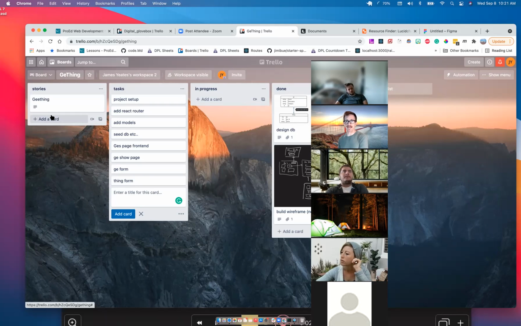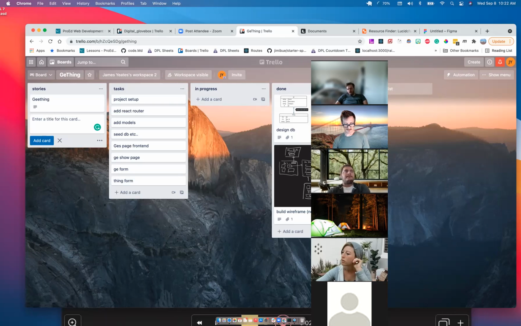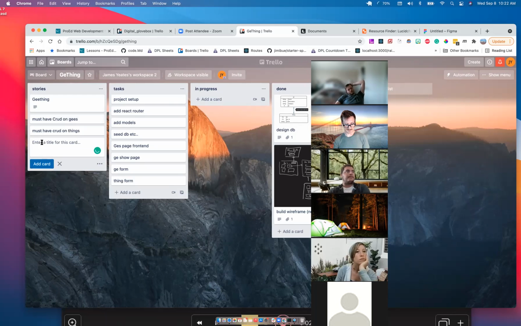So there's must haves and nice to haves. If we're talking about CRUD actions, a must have is CRUD on G's. Must have, CRUD on things. A nice to have,